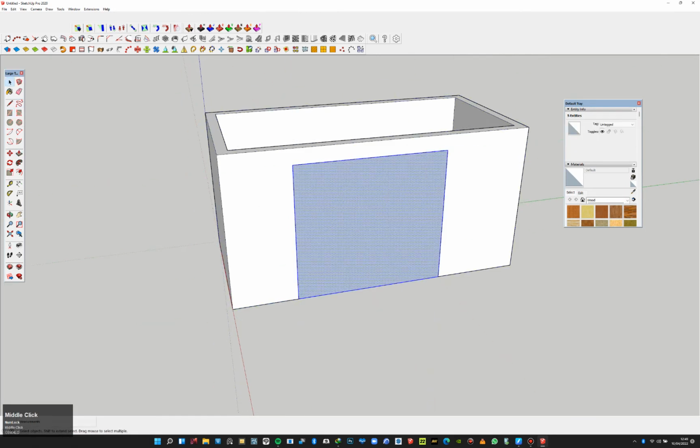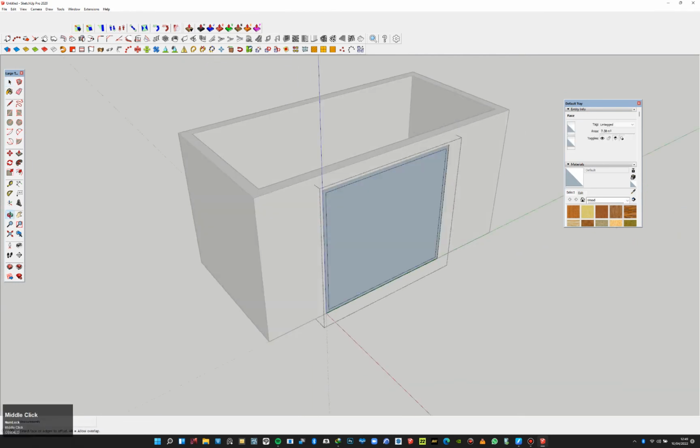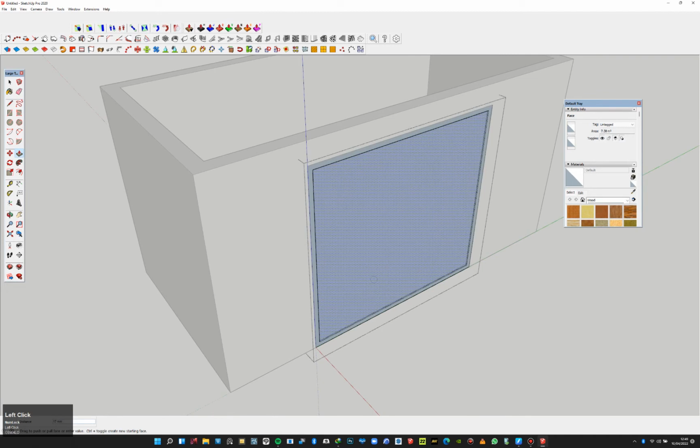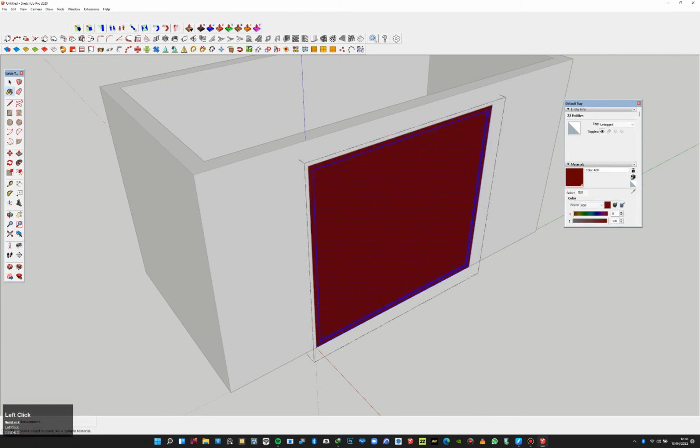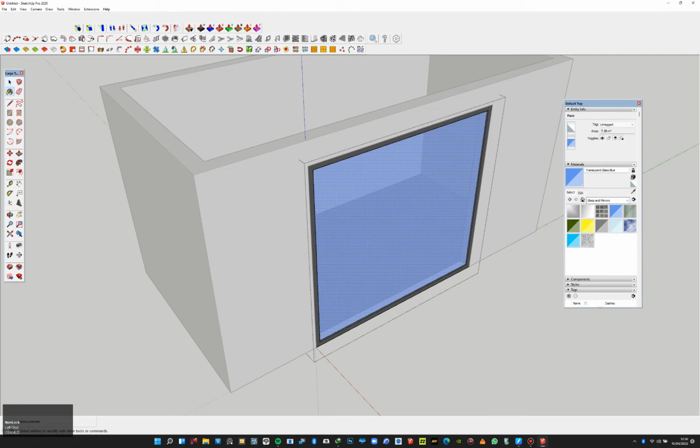I draw that door. I offset the frame of the door 50 millimeters. I select everything. I group it and I give this door a color. I want to look for black. Yeah, now it's black. I double click, enter the group and select the glass surface and give it the glass